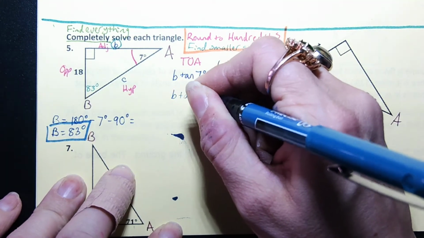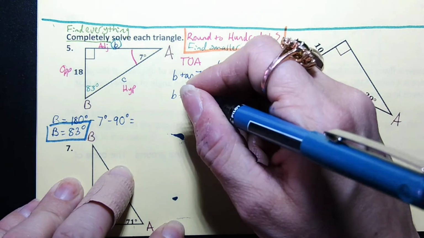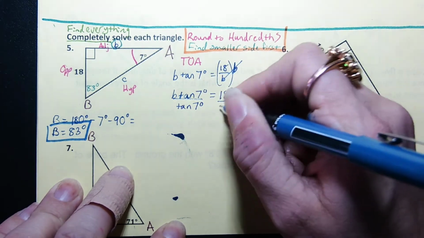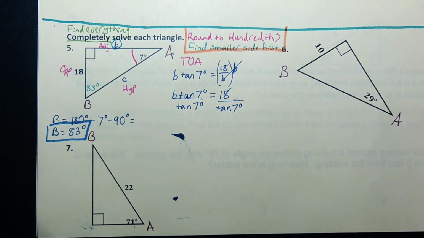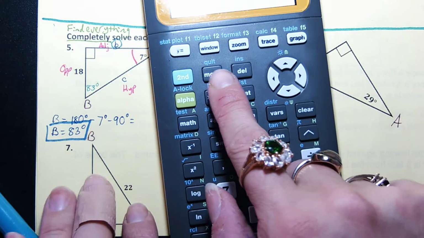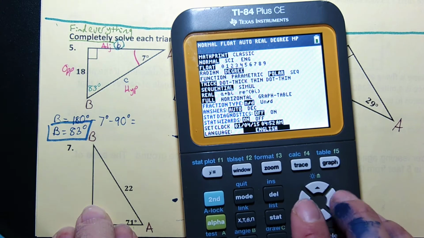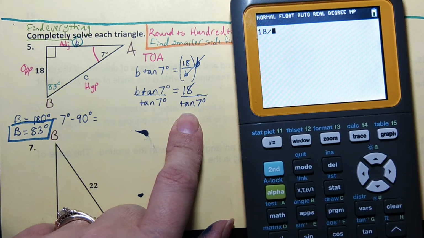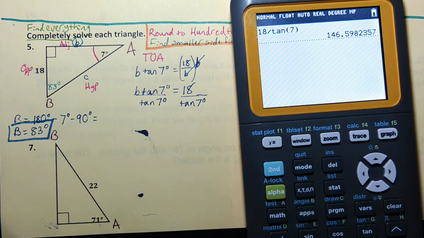And we get B tangent of 7 degrees equals 18. From here, we would divide by tangent 7. And now it's time to use our calculators. So again, folks, if you are borrowing one of my calculators, please make sure that the mode button, when you go to the 4th item down, is degrees and not radians. So typing in 18 divided by tangent of 7,